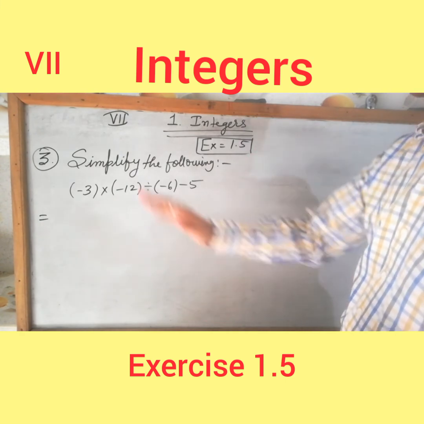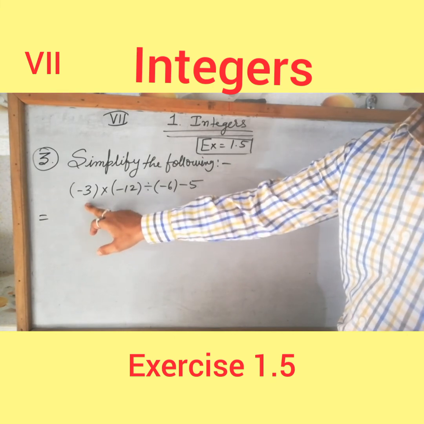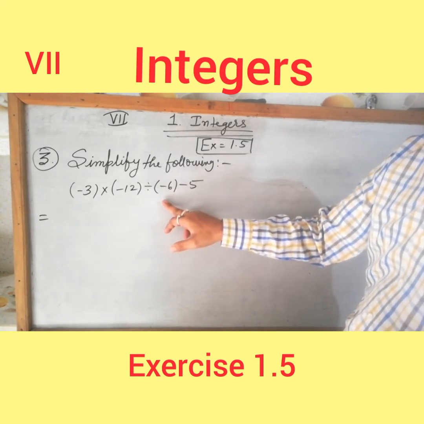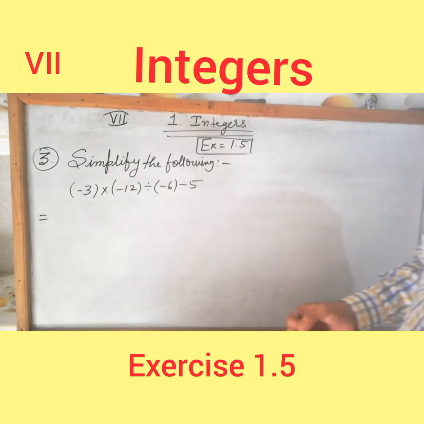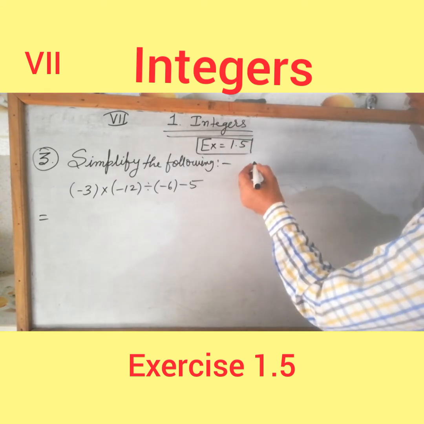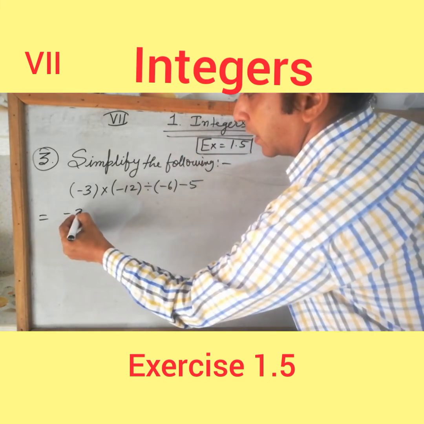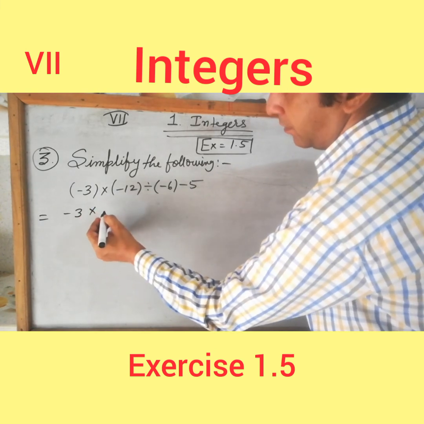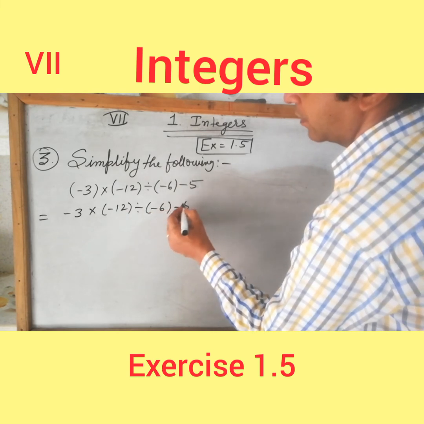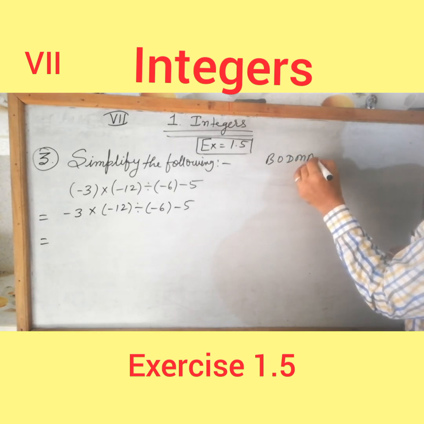Question number 3. It is clearly written, simplify the following. That's it. Now first of all we have to check. It's minus 3 multiplied by minus 12 in the bracket, divided by minus 6, minus 5. Only one bracket is used, that is the small bracket. So first of all we remove the small bracket. So it's minus 3 multiplied by minus 12 divided by minus 6 minus 5. Okay, now these rules,